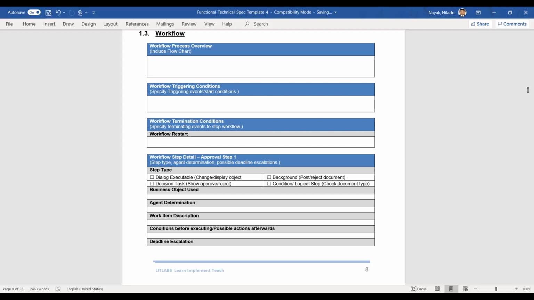How many days will it take to prepare these documents? It depends upon the complexity of the object. I have even seen people delivering an FS within 1 hour, if it is a very simple, straightforward document. I need to understand the complexity, that's the reason I'm asking. Yes, it can be 1 hour, 1 day, 5 days, 10 days maximum, depending upon the complexity and all.